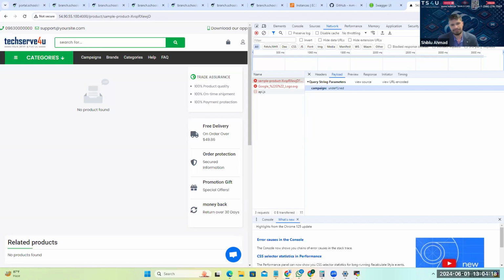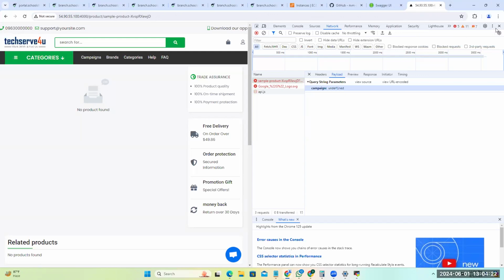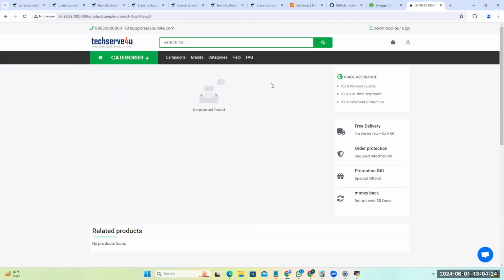Anything else? No. This part is complete, the bare metal one. Now we'll move